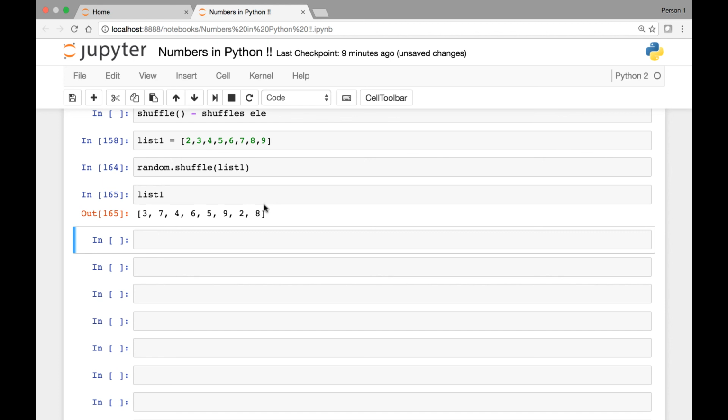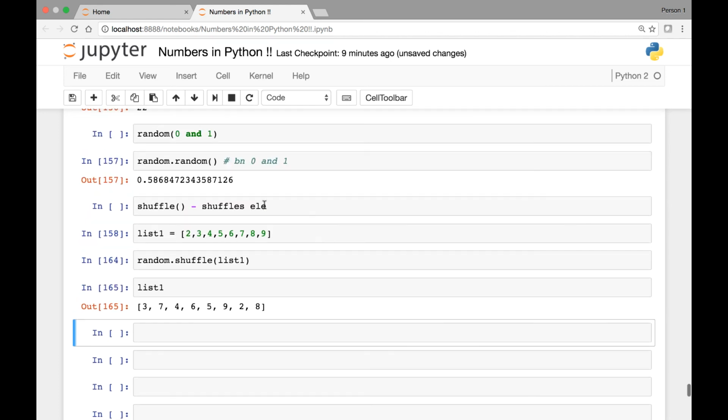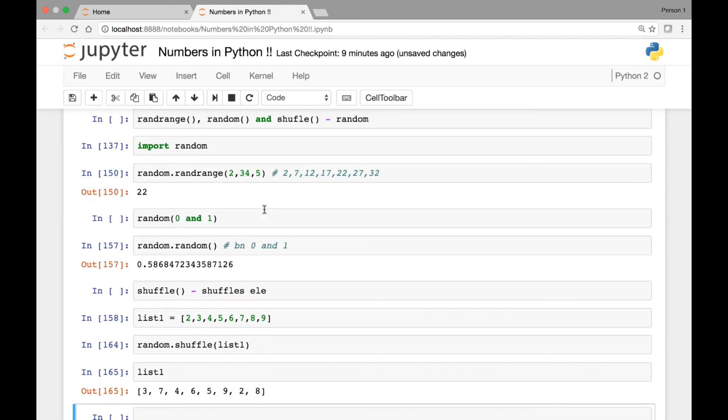And that brings us to the conclusion of this lecture. I wanted to quickly cover these three methods: randrange, random, and shuffle. So they are used to